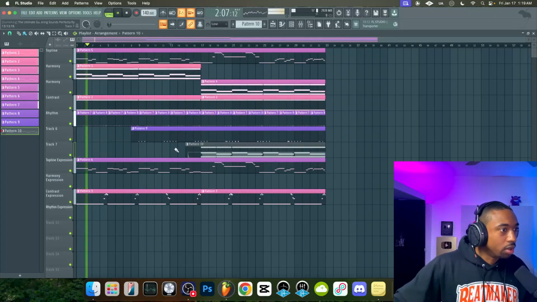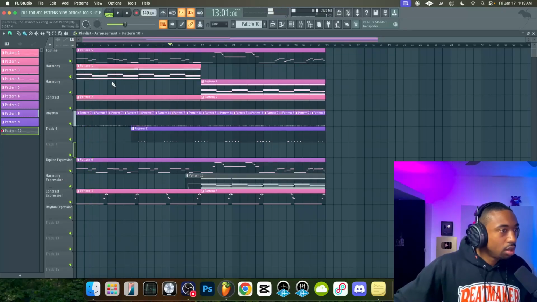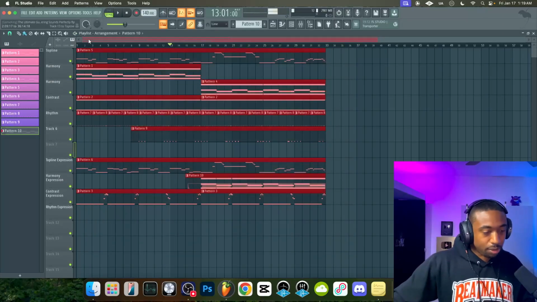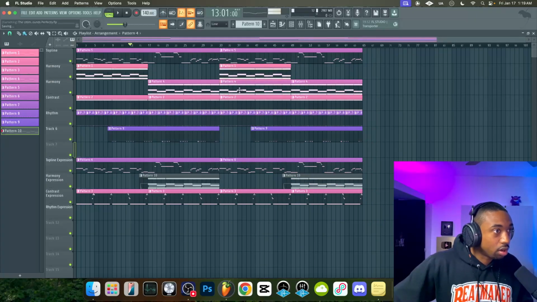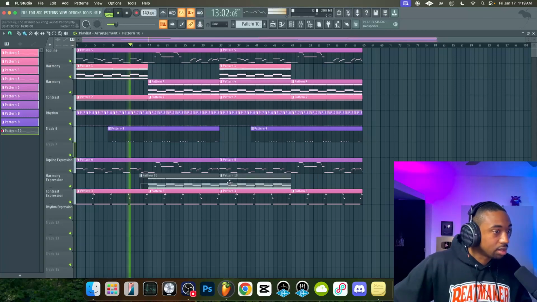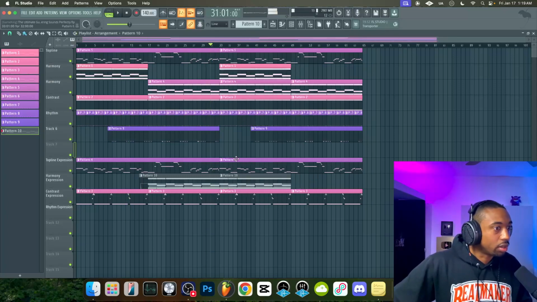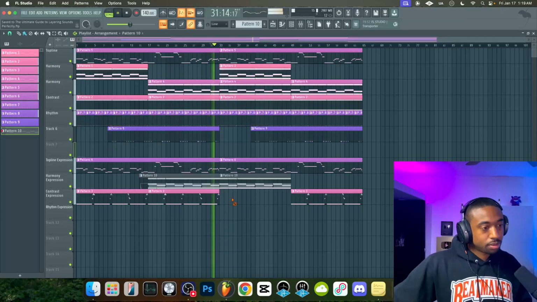And then if we want more expression, let's say we want to copy this over time. We have the first layered harmony, we have the textured harmony, we have the expressive harmony. So that could be the hook, bringing in all of these sounds. Now this is probably overkill for this, but let's just hear it.